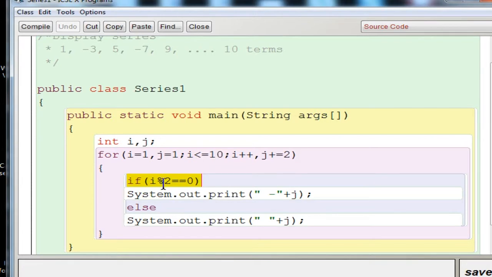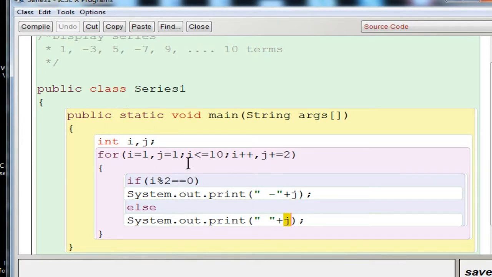That means if the i value is even, this condition becomes true. So if it is even, according to the series here, you can see a negative symbol in front of the number. So you are going to display j, but with a negative sign in front. If the number is odd, you are just going to display the j value. So this will be executed.